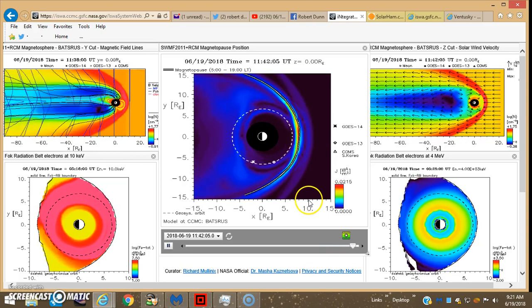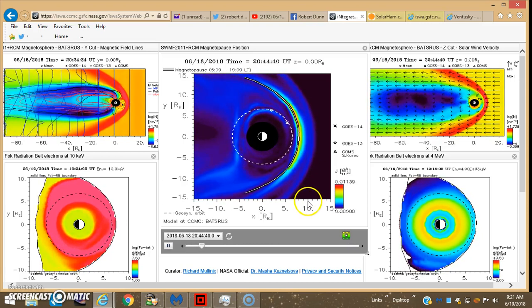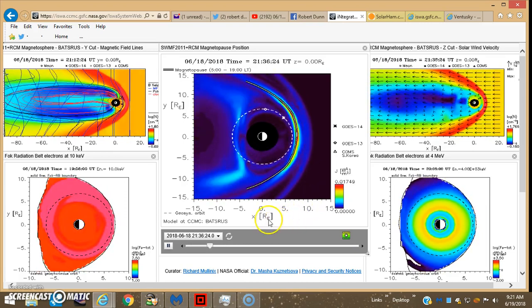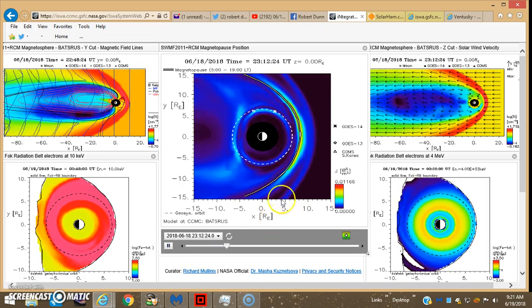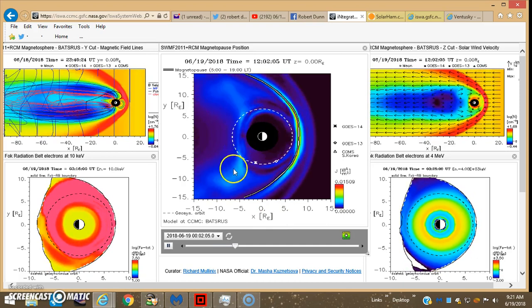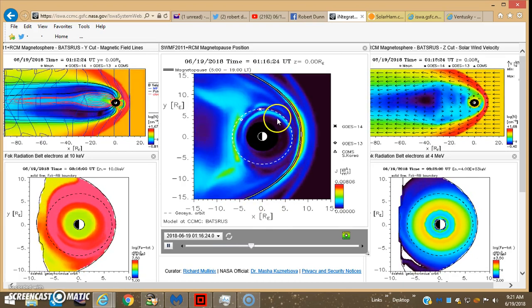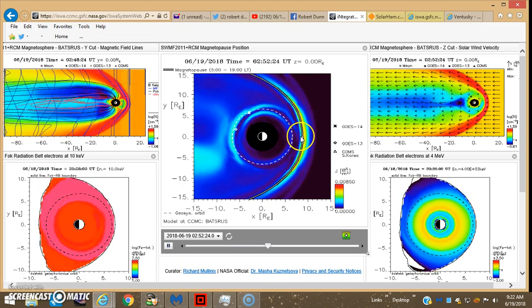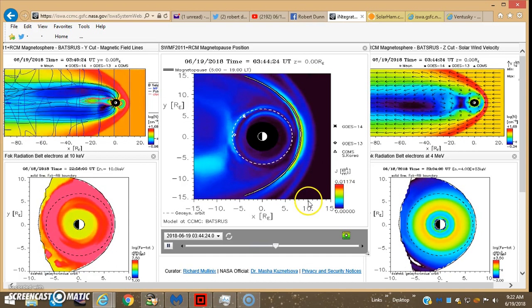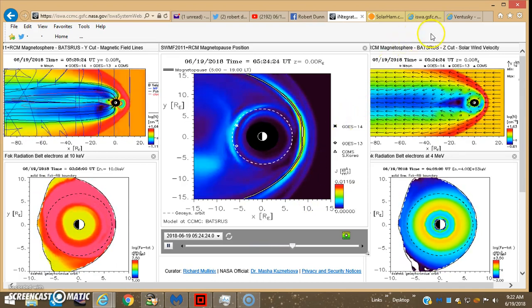Normally, an average bow shock or average magnetopause position is around 10 Earth radii. That's what this RE stands for. The satellites orbit at approximately 6 or 6.6 Earth radii. So you can see this is well below average for the magnetopause. And